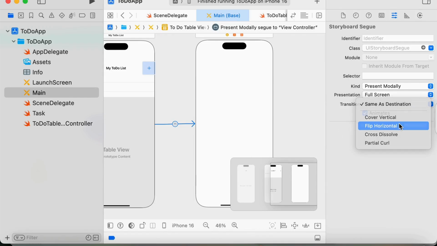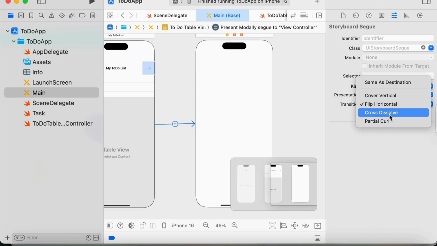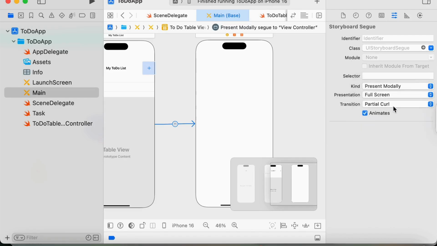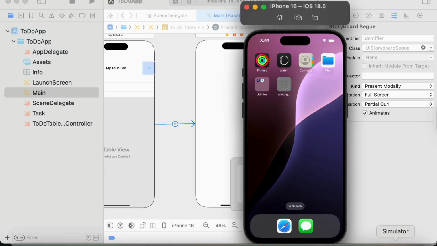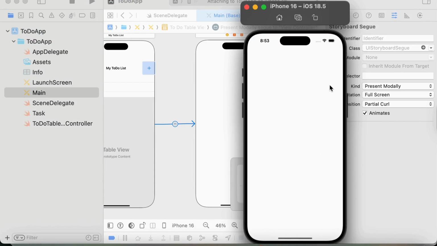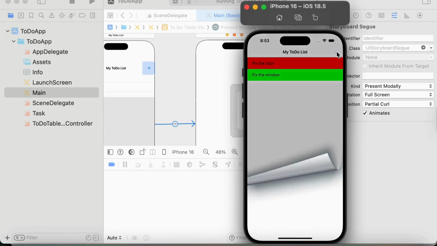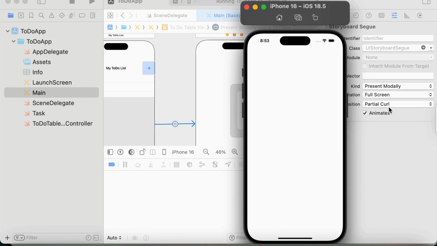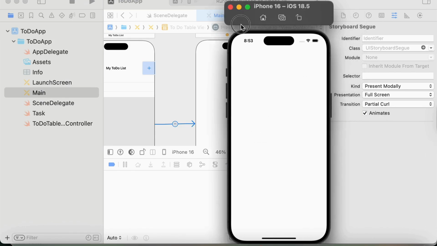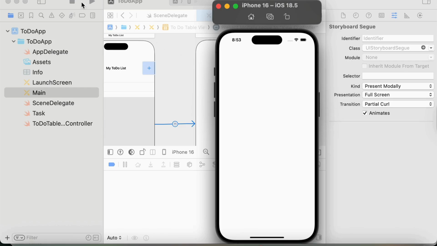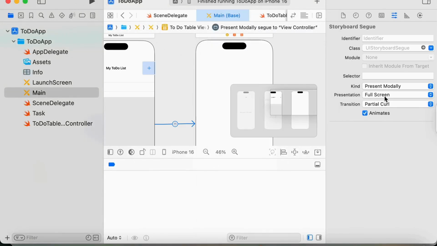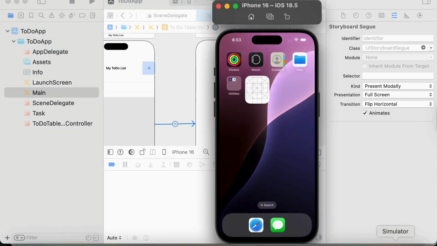Let's say flip horizontal, or cross, or partial curl. These are all different types of transition. Let me show you one of them in here. So this is the plus sign, and this is the partial curl transition that we have. I don't have any back button, so I should stop the app in order to come back. If we check flip horizontal, for example, it will be